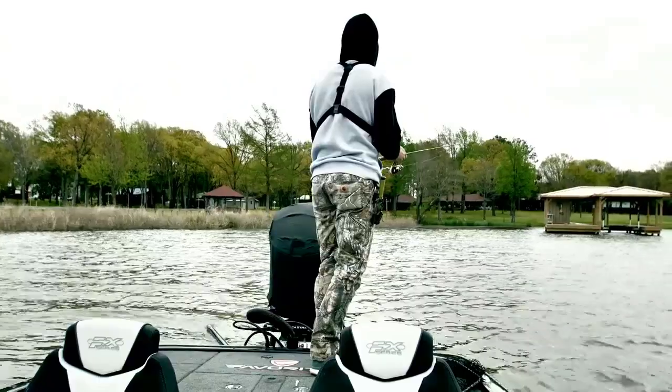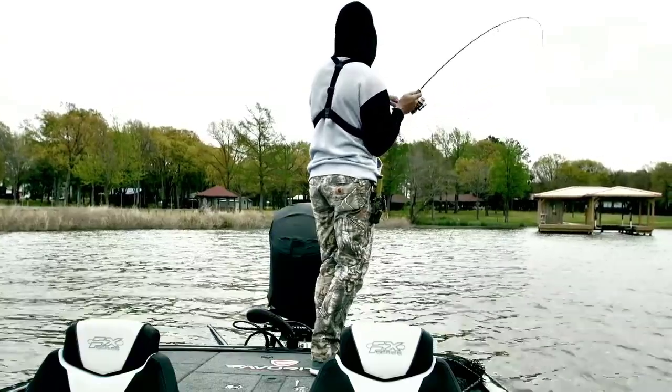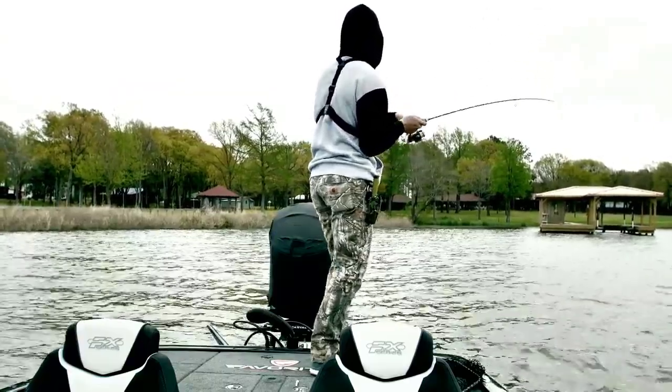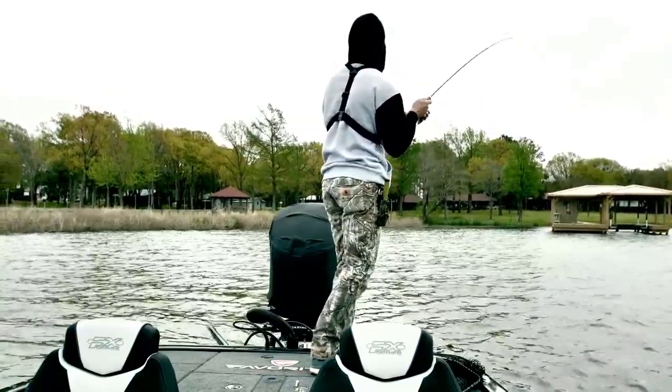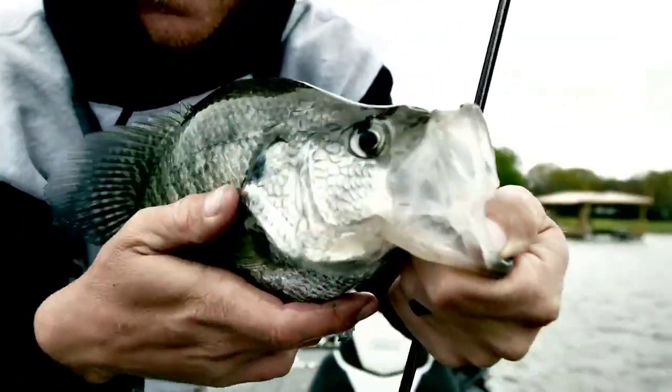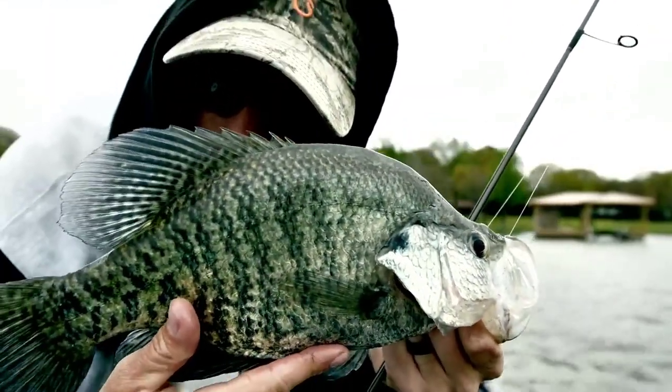Delicious. I was so pumped to go out there and catch those crappie the way I did, y'all. I've been wanting to get on that little pattern for so long and try to figure that out, and I finally did, and now I want to go take it to other places. It's just fun, and I'd love to catch a really big crappie, like try to catch a 3-pounder or something like that. They're really a cool fish, and they're obviously tasty. They're the tastiest freshwater fish, in my opinion, at least down here. Walleye, different category. Then I'll see you on the next